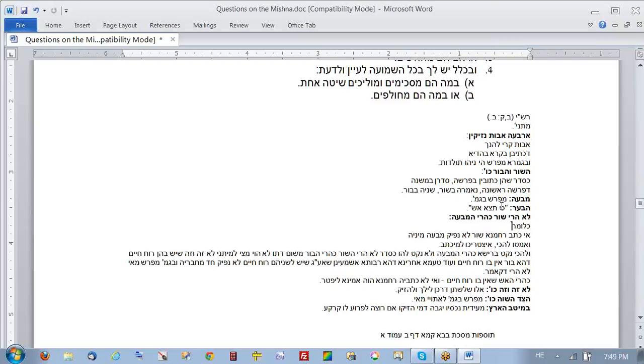But simply I want to show that Rashi says that this statement, lo hari shor kahar mava, is not being used in the traditional way. What it is saying is that given shor, I would not know mava. It is not trying to say that because we have shor and mava, I'm going to come to a commonality called, for instance, ruach chayim, that's going to cause the law. These two cases, again, shor and mava, were not repeated to tell me that there's a lowest common denominator between them.